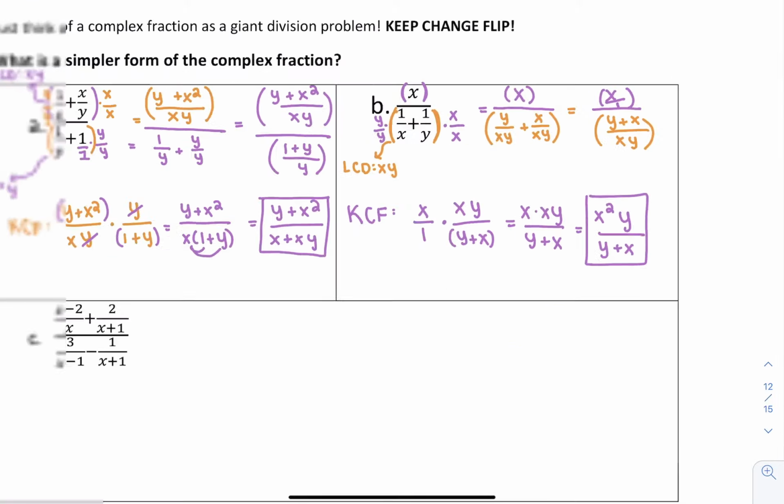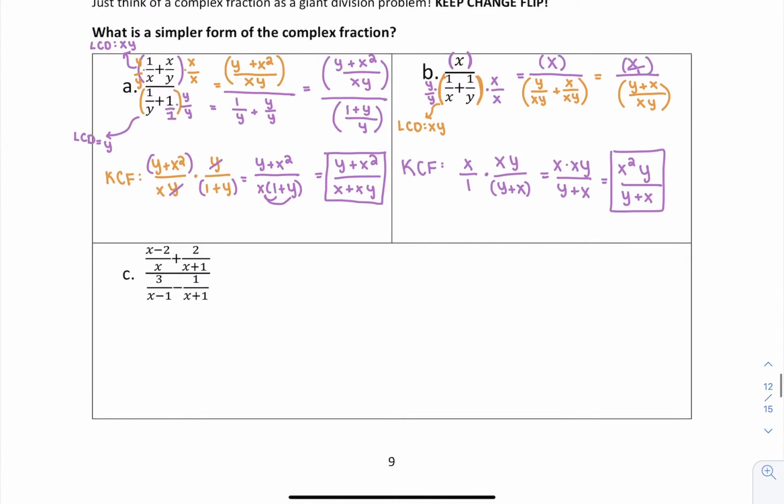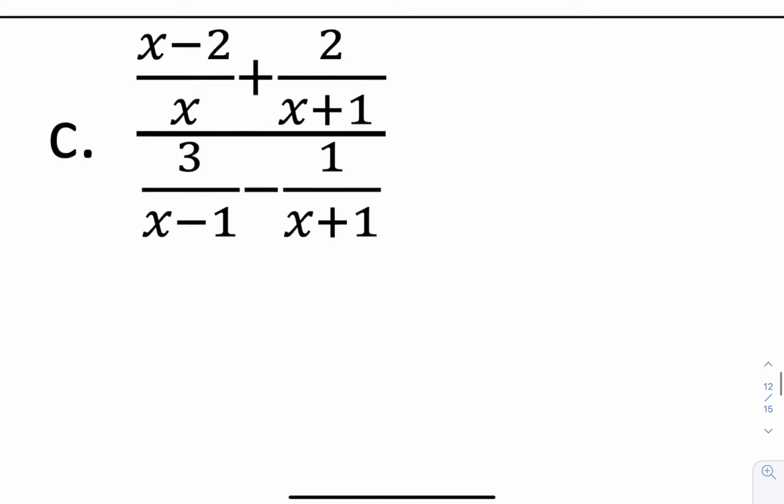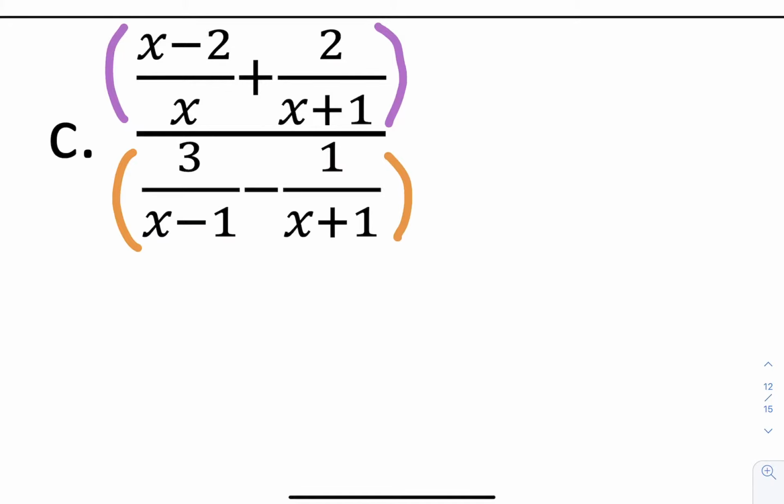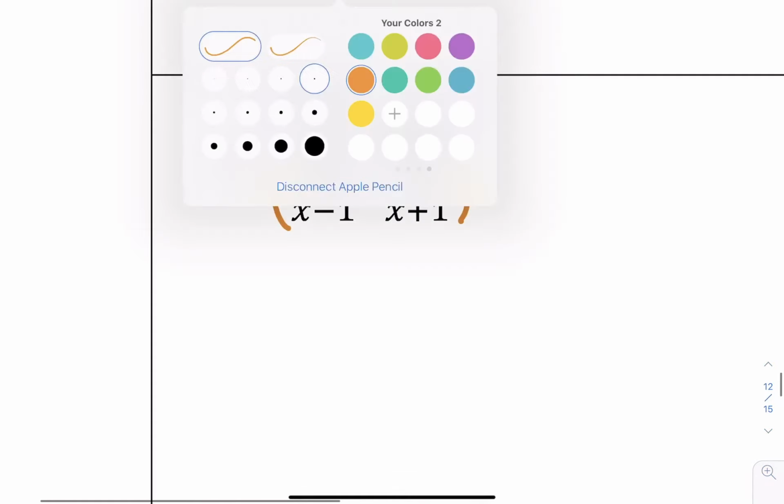All right, we have one more. We saved the best for last. This one has a lot going on. We've got a numerator with two fractions. We've got a denominator with two fractions. In our numerator,